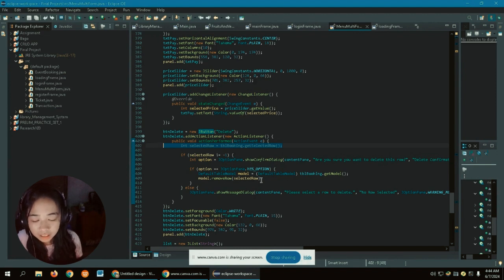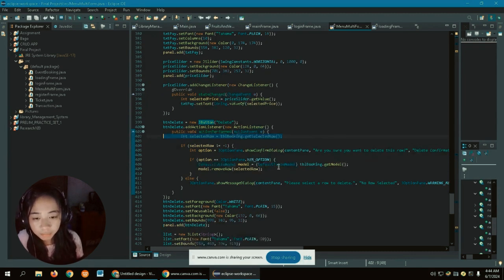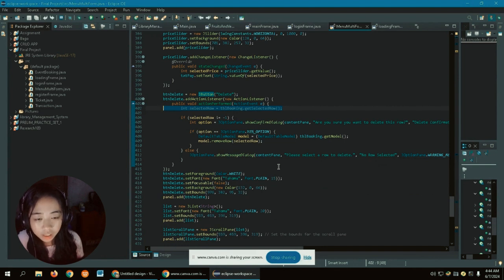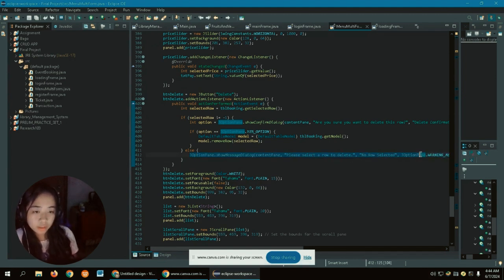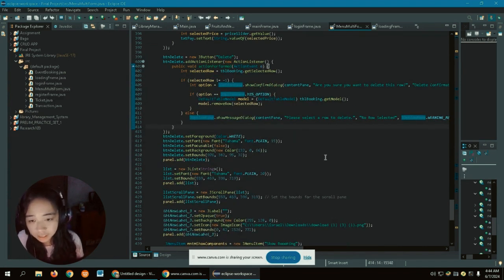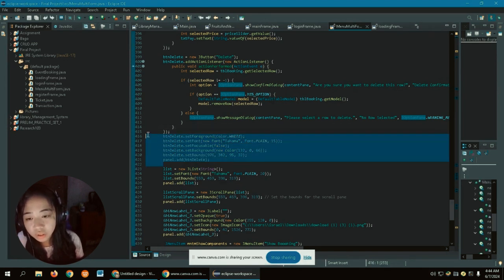And if you click yes, the row the user selected will be removed from the list table. And if the user clicked delete first without clicking any row, it will show a message dialog on the screen indicating to select a row first, or that there is no row selected. And then this is the appearance for the delete button.